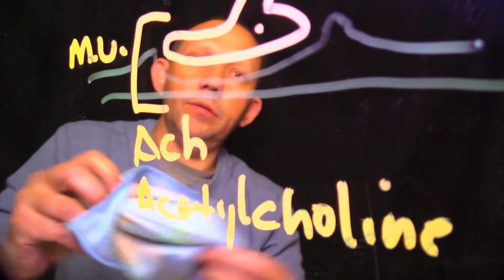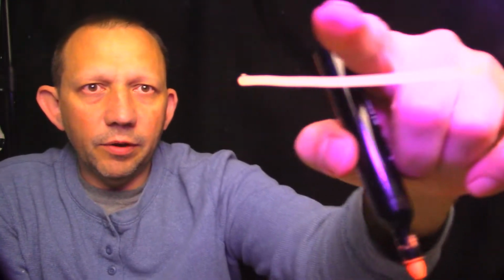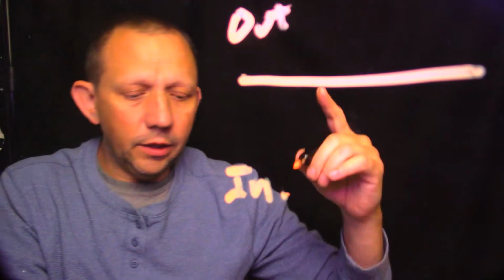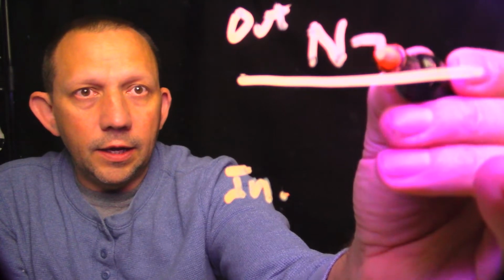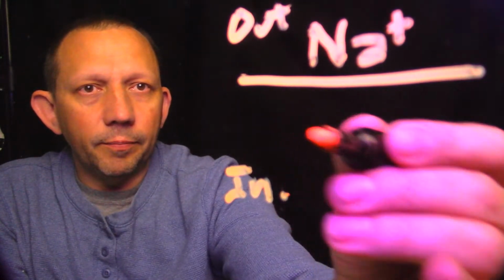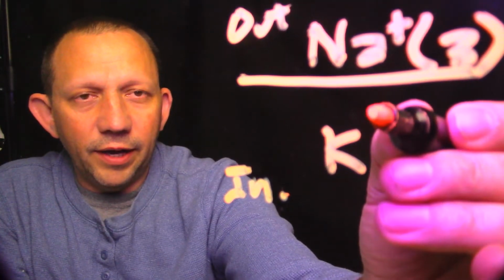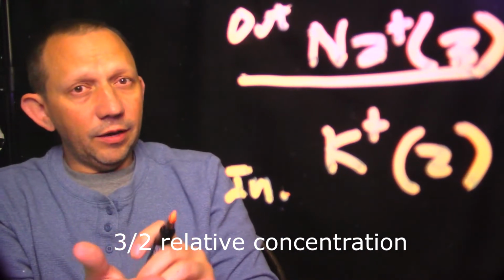Let's go over that. Here's what happens inside the nerve, in order to get that nerve conduction down. You have the outside of the nerve and the inside of the nerve. So this is outside, O-U-T, and this is in. Normally we have sodium, and sodium, remember, is Na+, times 3. There's 3 of those out there, and there's potassium, times 2. We have 2 potassiums on the inside, 3 sodiums on the outside, and those guys are moving